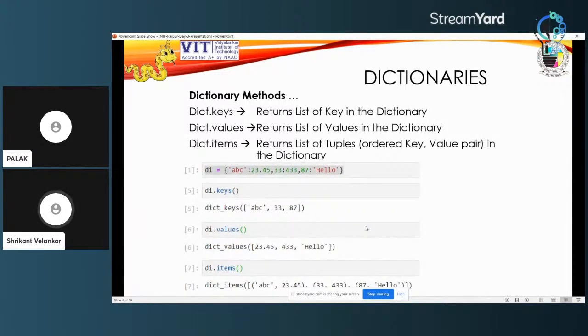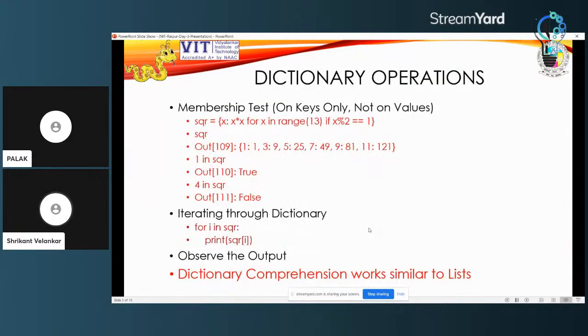Okay. Now you will see that only keys can be returned, only values can be returned, and a whole set of items can be returned by three simple commands, that is dictionary.keys, dictionary.values, and dictionary.items. Okay, so we will have a look at it on the editor very soon. Also we can do dictionary comprehension. As you can see, the top one, x is xx, for x in range 13, which is very similar to list comprehension.